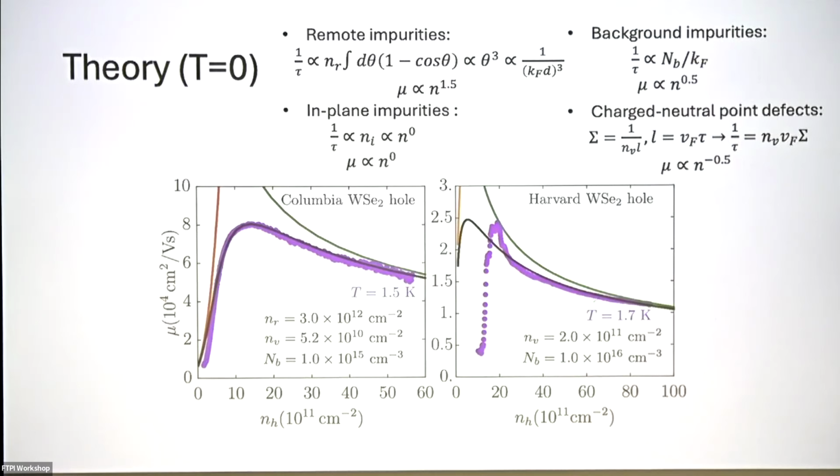Similar question. So what's the difference between the TMD mobility and, for example, graphene's mobility? Because they're using the same setup, hBN and graphite. It looks like graphene can have much higher mobility than TMD systems. But does that mean the charge neutral defects or the impurities in TMD limit the mobility of those samples?